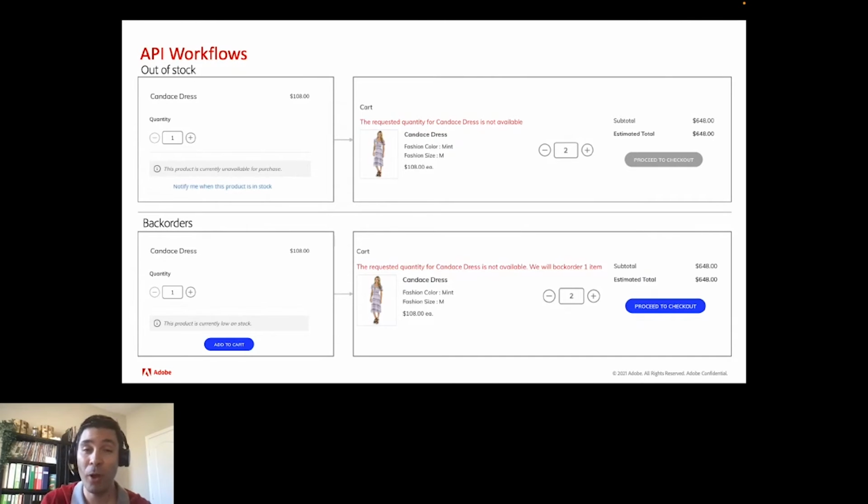It's the API that drives the workflow, not really the front end. The front end just shows the experience. That is why we like to think that capabilities can be expressed through APIs and experiences through PWAs.